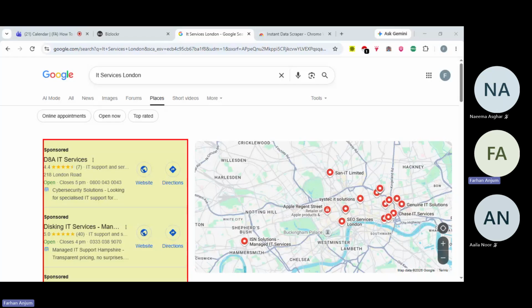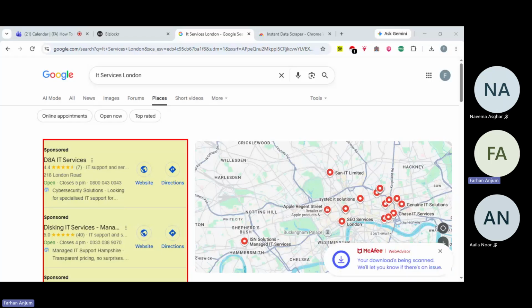But the basic thing is this, that we are eventually going to get all the business profiles at one place, their contact number in another place, and their ratings and their websites, maybe if they have mentioned, and each and every detail that we need, we are going to be getting it at one place. Now here you can see we have this option of CSV and XLSX. All right. So I'll simply download the CSV format, which is going to be the Excel format.